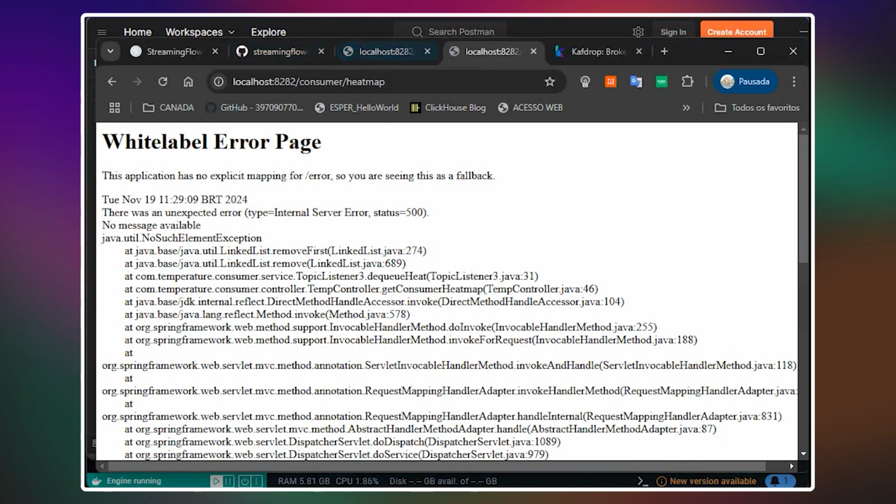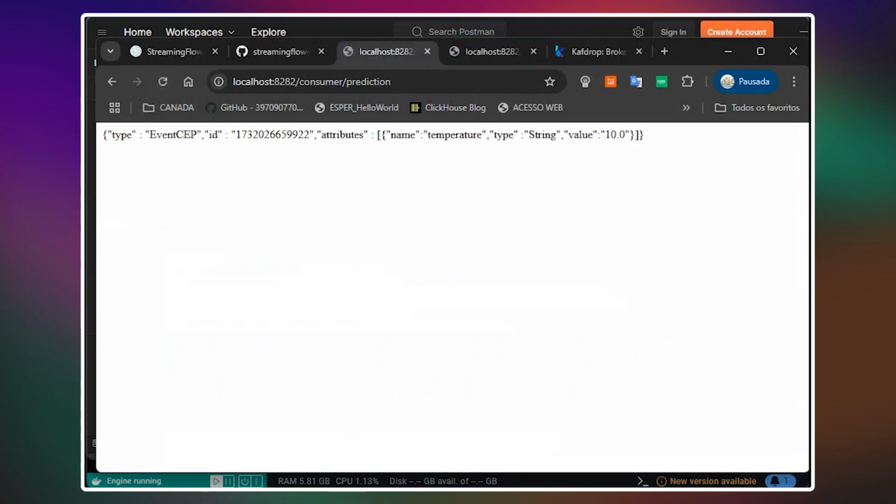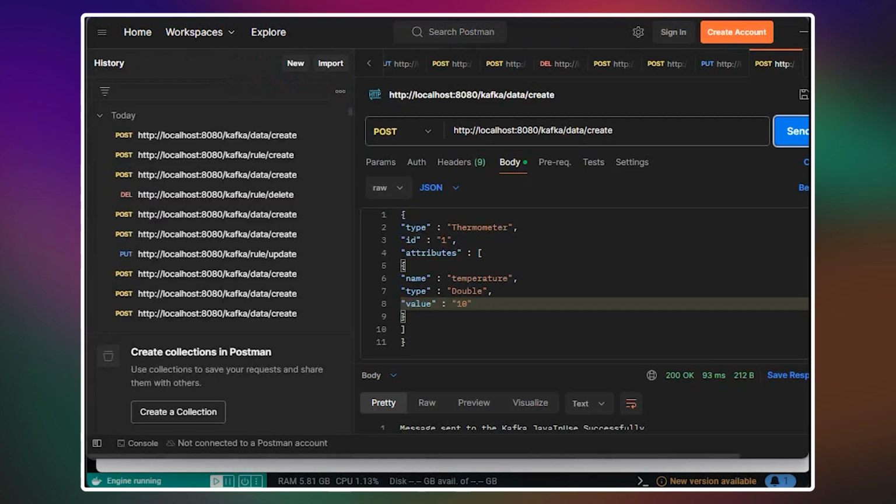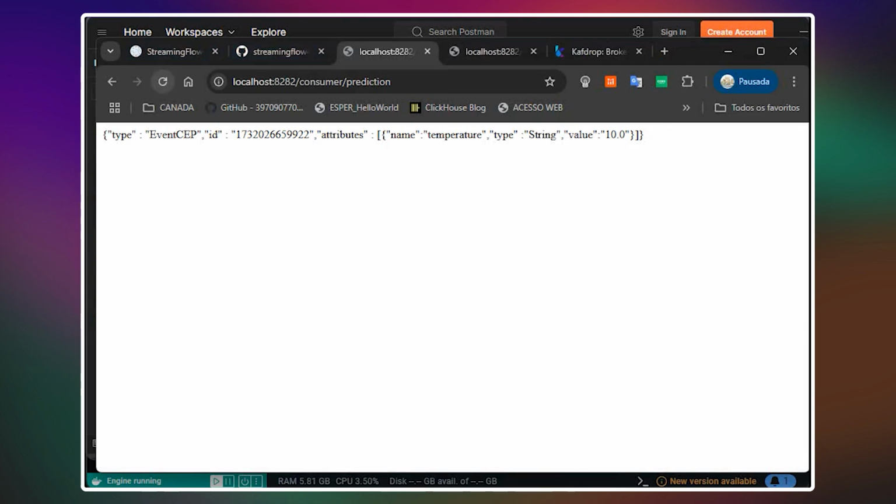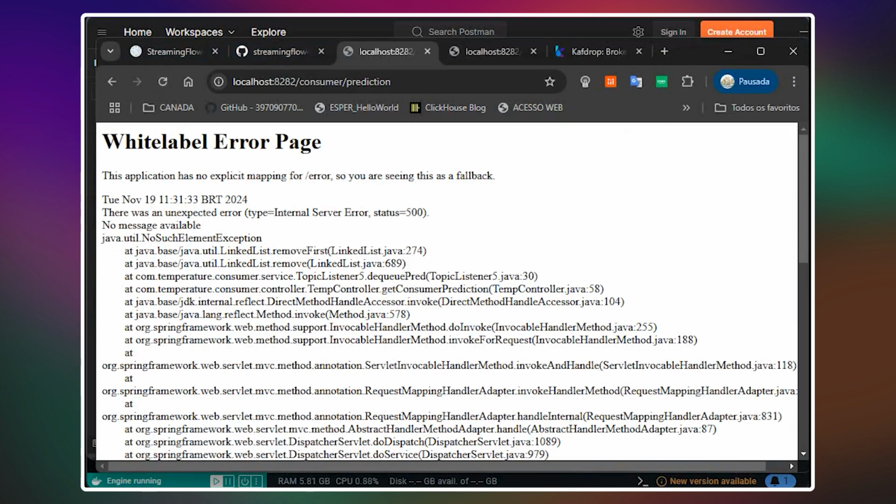And anyway, if you come here, just here in prediction, it will appear here because I created that. So the behavior change just is considering a temperature of 10. And if I put, for example, 20, it will not receive because I just changed that. So put 20, you will not, of course, understand. But when you see here, it does not represent anything.